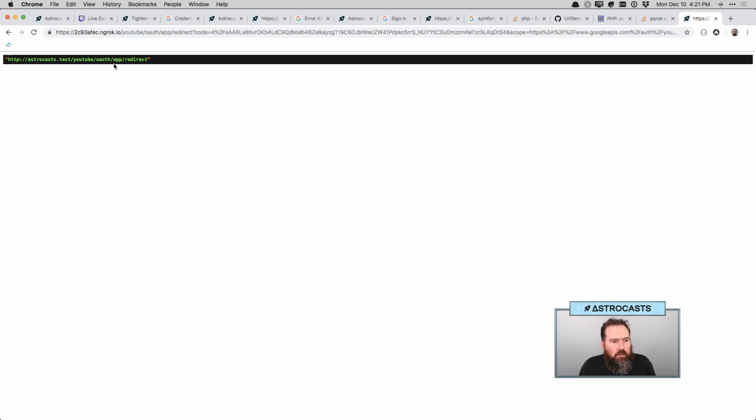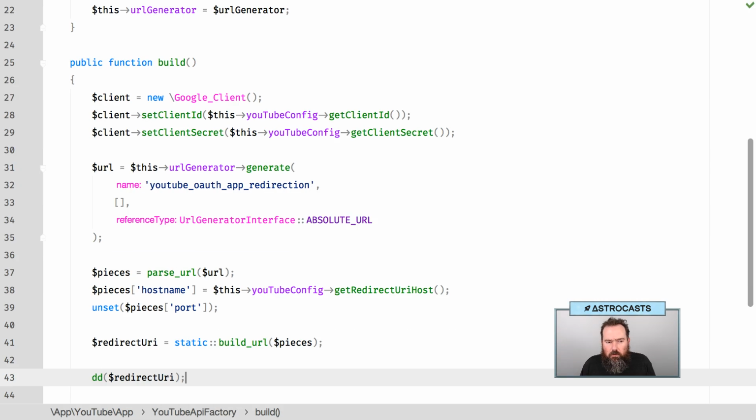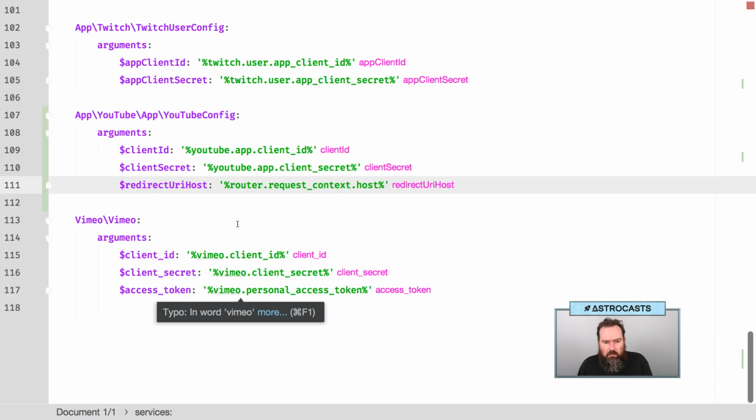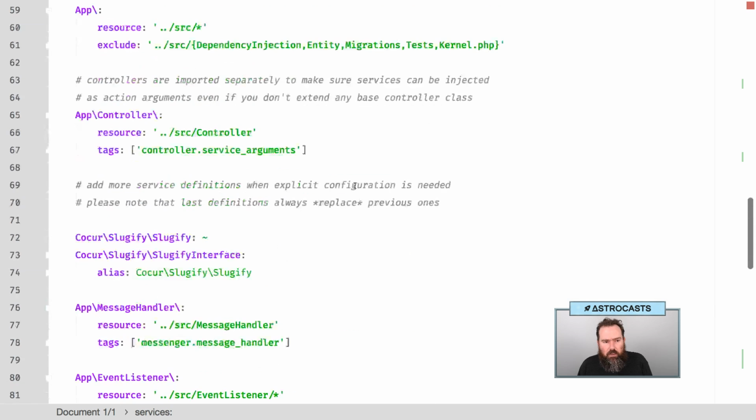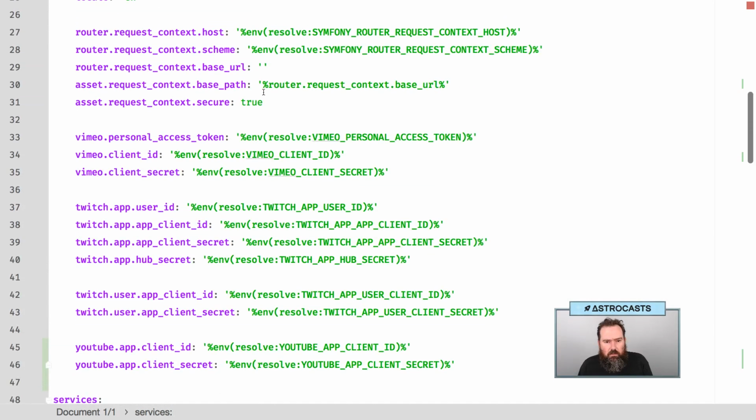So it's still generating that URL. Interesting. Oh, I wonder... I bet this gets actually set to whatever it really is. So even though we're setting it to that value,